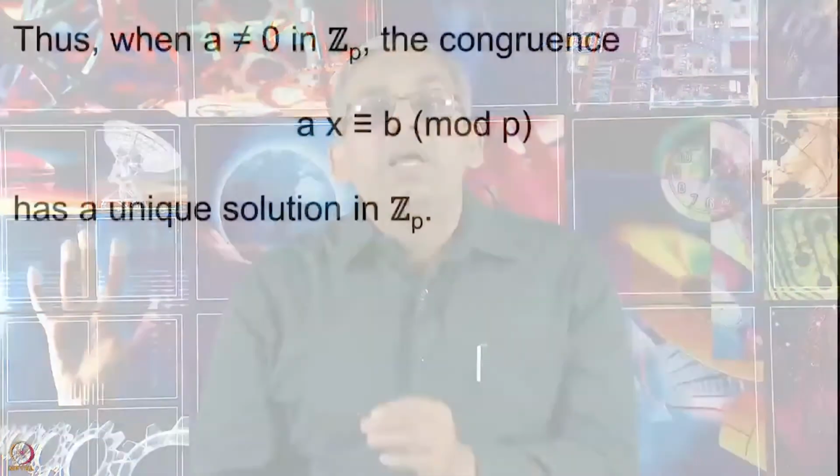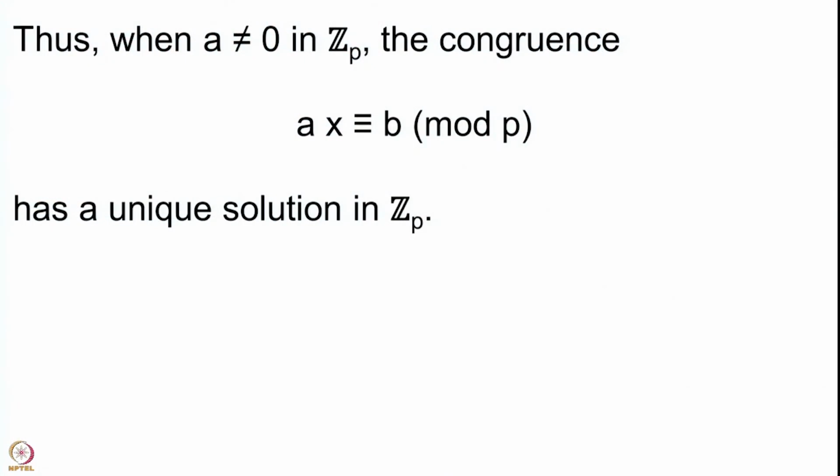Whenever A is not equal to 0, the congruence Ax equal to b has a unique solution. This is something which happens for complex numbers, this is something which happens for real numbers, this is something which happens for rational numbers also. So, whenever you have any complex number A and a complex number b and you ask for Ax equal to b, if the complex number A is not 0, you can simply invert that and you have the solution x equal to b upon A, or x equal to b into A inverse, or A inverse into b, the multiplication is commutative.